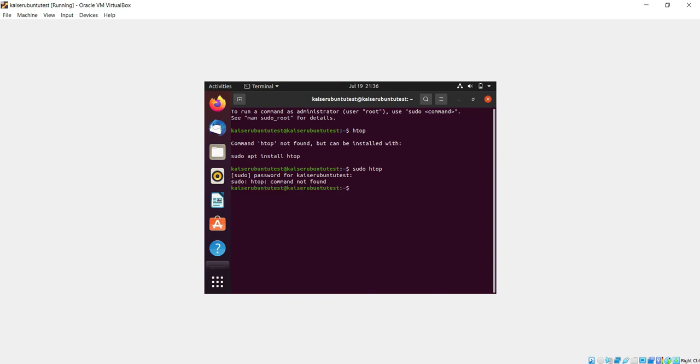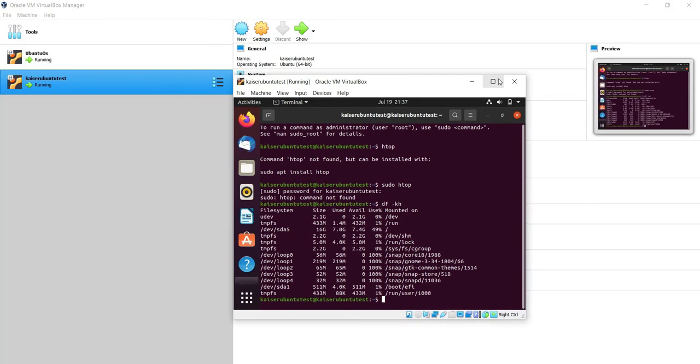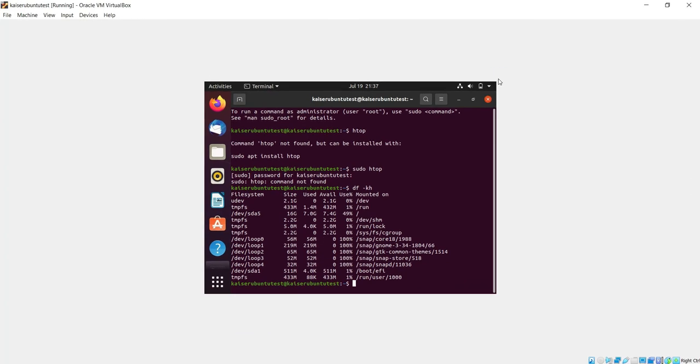So what I will do is I will just say df -kh. Just going to check the disk space. So if I look here, I do see that root is having 7 GB, and 49% is occupied. So I'm very much happy that it got installed, but there is still a challenge. What is the challenge? If you see, the screen is not able to resize appropriately. If you minimize it, it has a good screen, but when I enlarge this, I'm not able to see